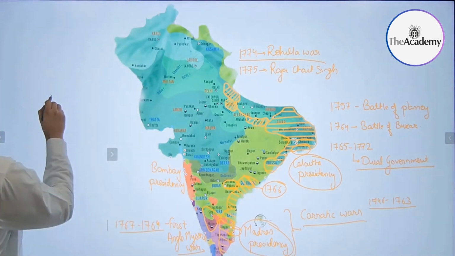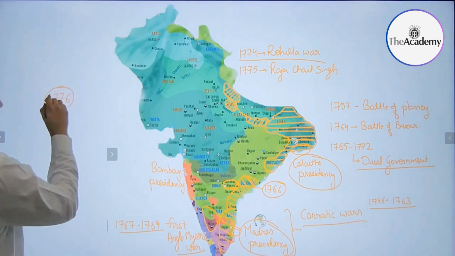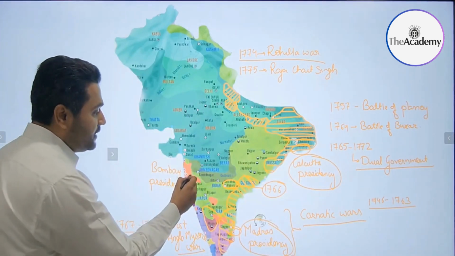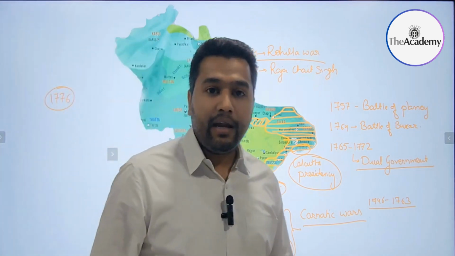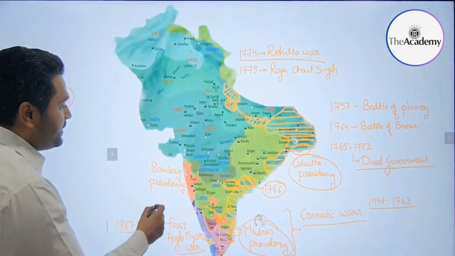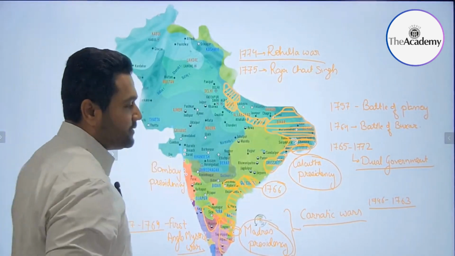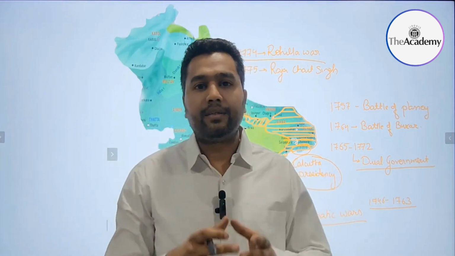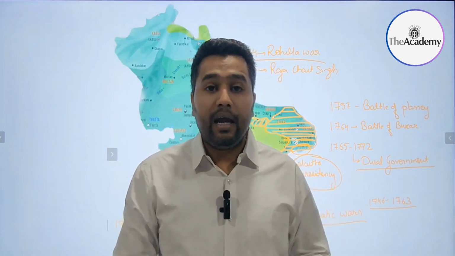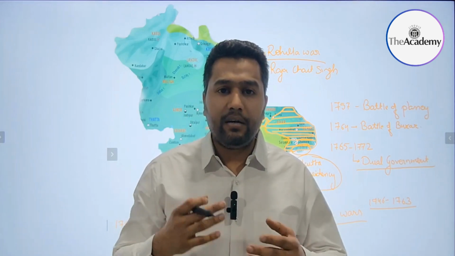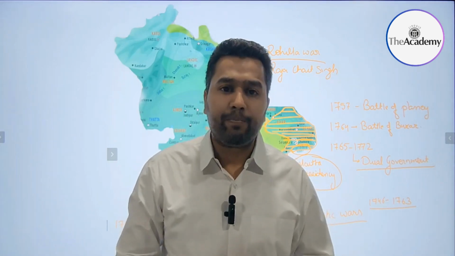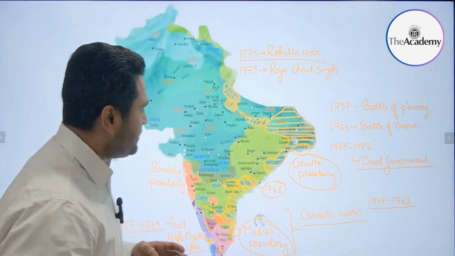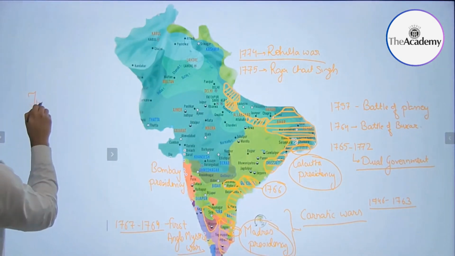In 1776, when Warren Hastings was the Governor General of Bengal, a major event occurred in the western region. The Marathas underwent a significant conflict. The Barabhai Council and Raghunath Rao had a major rift following the death of Narayan Rao, and this led to Raghunath Rao signing the Treaty of Surat